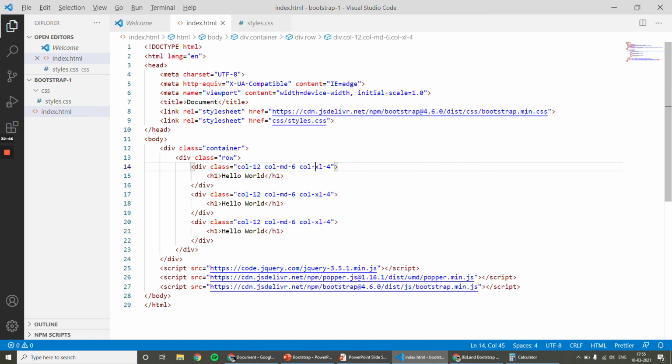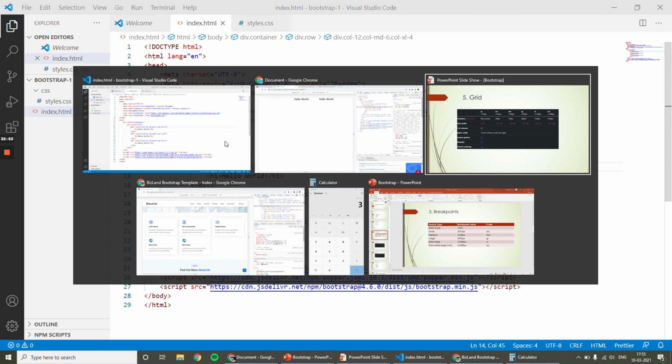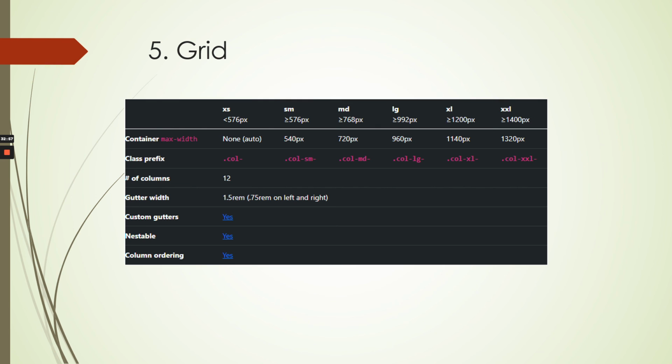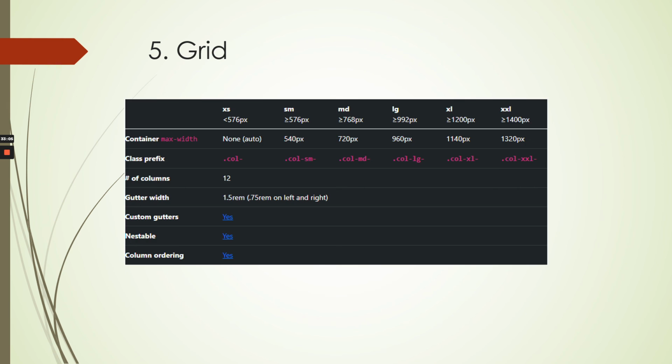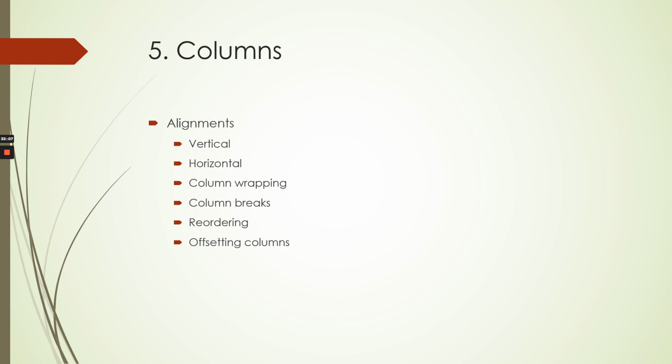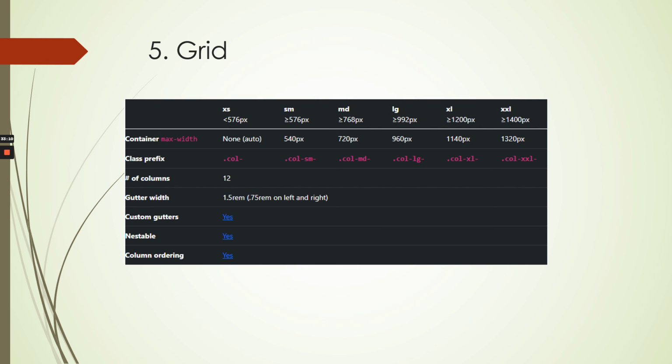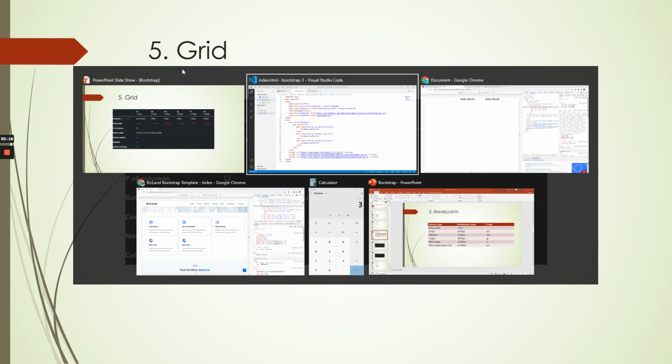So first your goal will be to make the layout, and only then will you step into your web page content. There are some more topics that you have to learn, gutters and custom headers, which you will learn in upcoming videos. The next topic is columns, but I don't want to take columns now. Now you can take a break and practice the grid system.